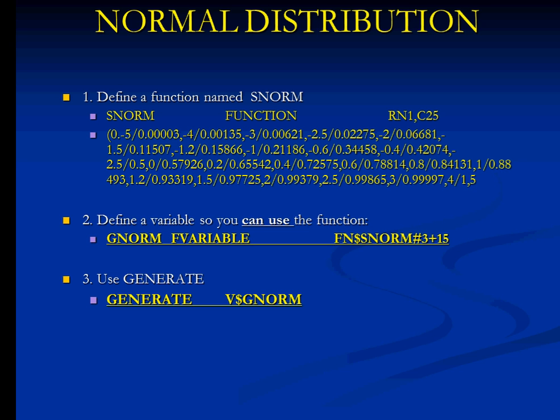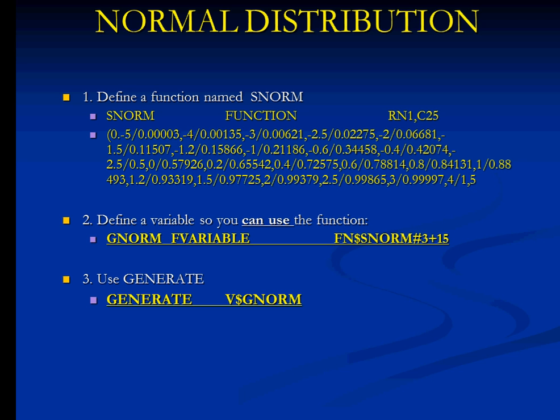So first V for variable, then the string character, and then the name of the variable. And that variable is behaving like a normal function with a mean of 15 and a standard deviation of 3. And this is the way to use the functions in